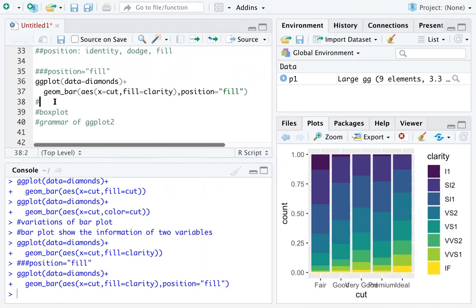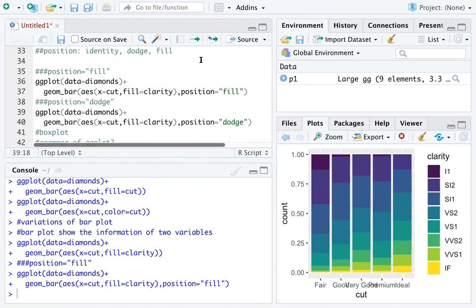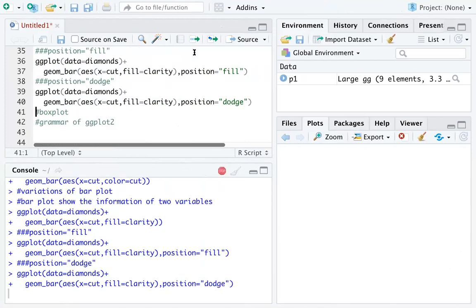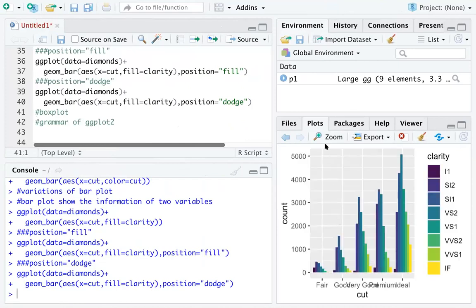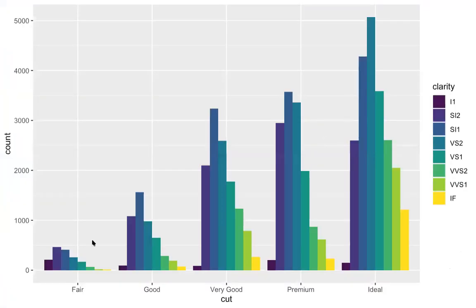And let's try the other position. Let's name the position dodge. I'm just going to copy these two lines, and I'm going to copy that dodge to replace the fill. Then it is like this. So the dodge position is easy to help us compare individual values, because you can see here we